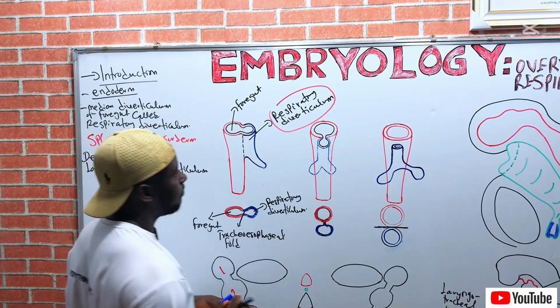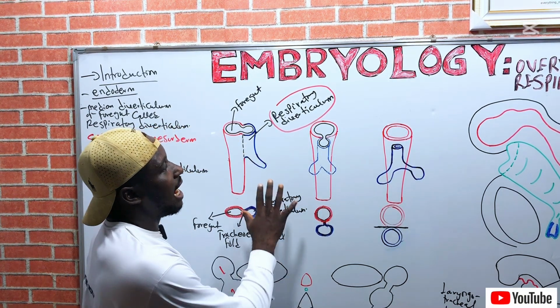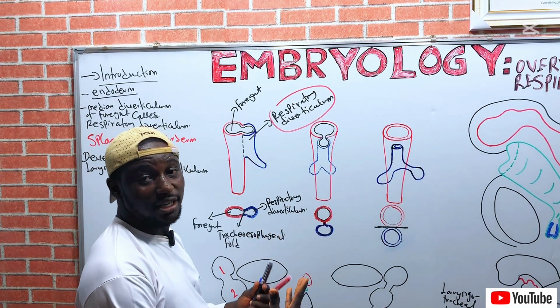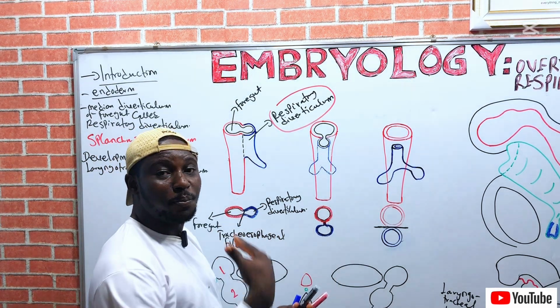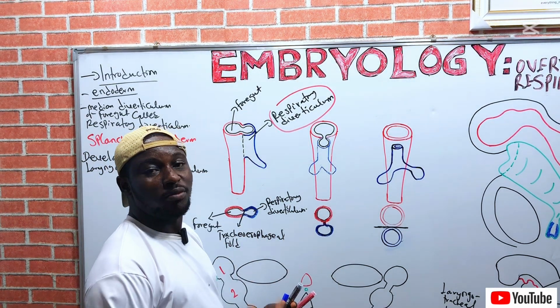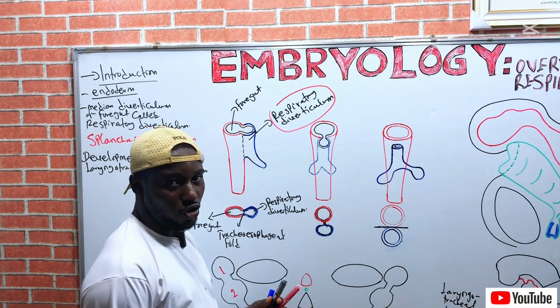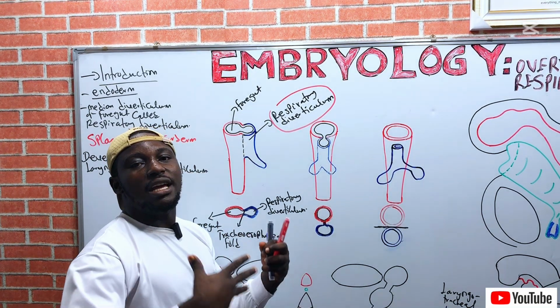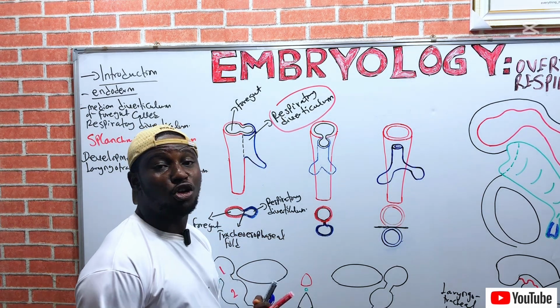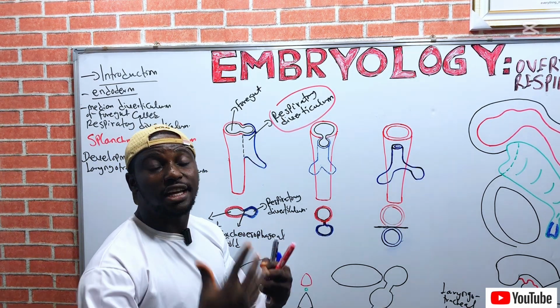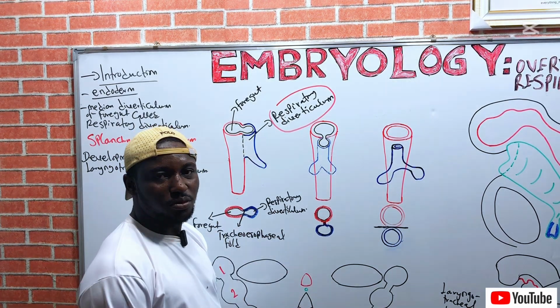Right? Now, that is how it works, right? It develops as an outgrowth from the ventral part of the cranial part of the foregut. Now, the respiratory diverticulum, which can be called the laryngotracheal diverticulum,